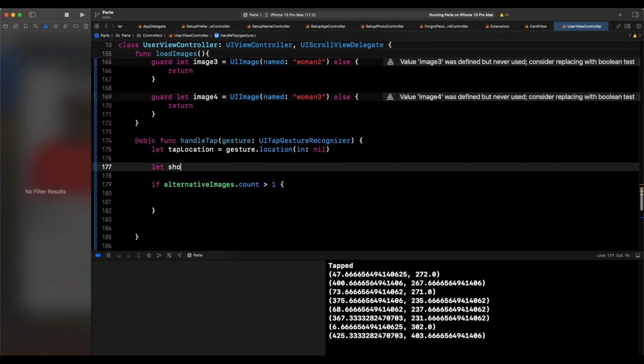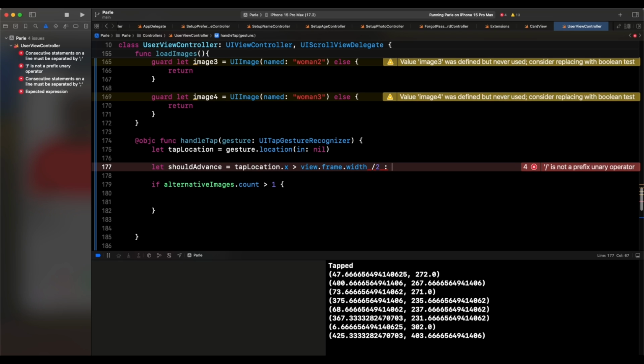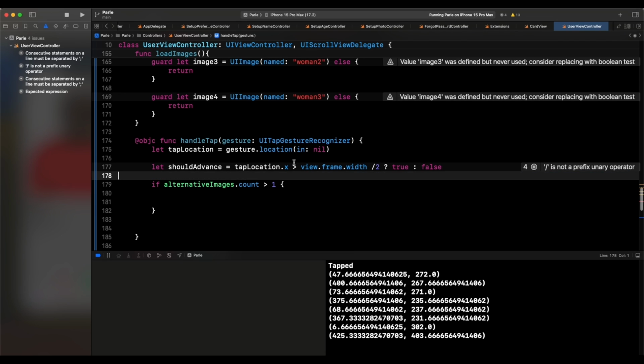So we're going to say let shouldAdvance, and this is where the magic is going to happen. What is shouldAdvance? ShouldAdvance is going to be tapLocation.x is greater than view.frame.width divided by 2, right? So if the tap location is greater than the width divided by 2, this should be true. It's a ternary, so if it's not greater than, it should be false, right? So based on that, we could come here and say